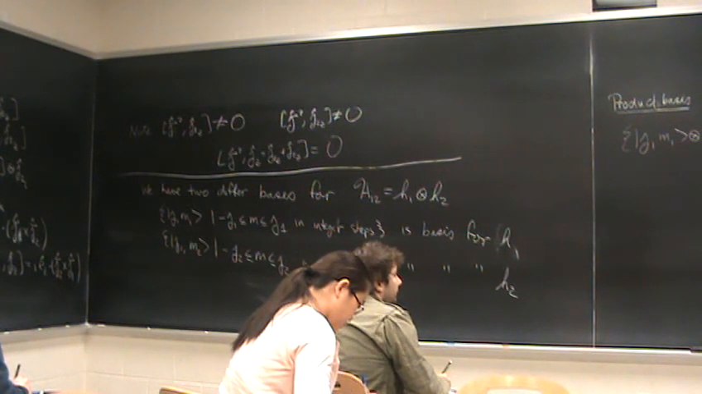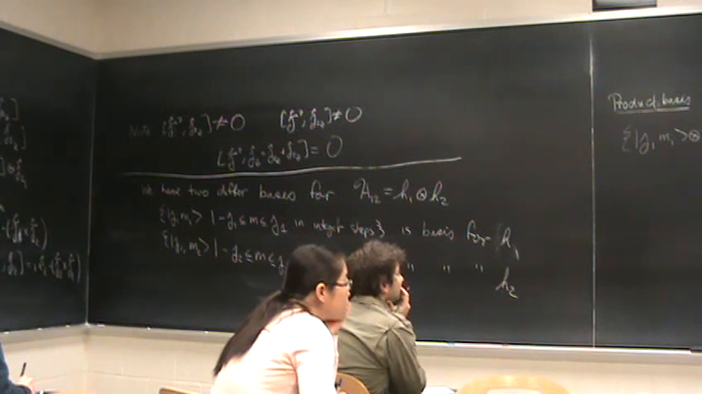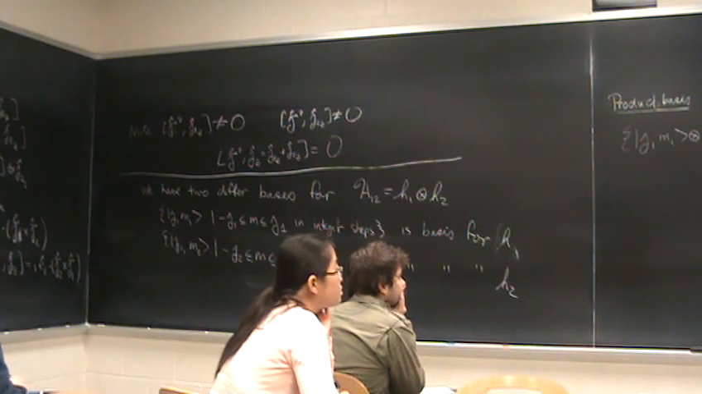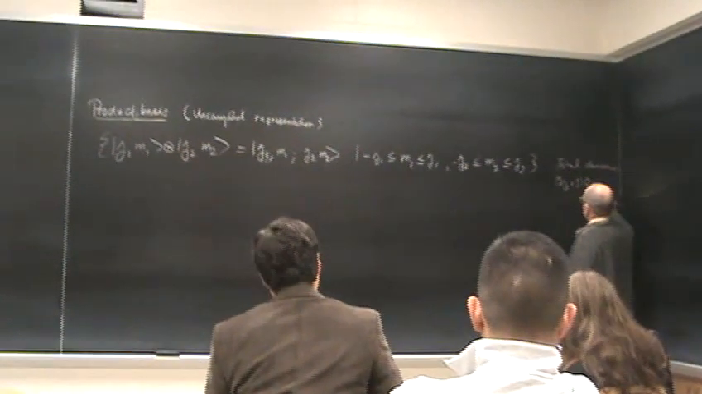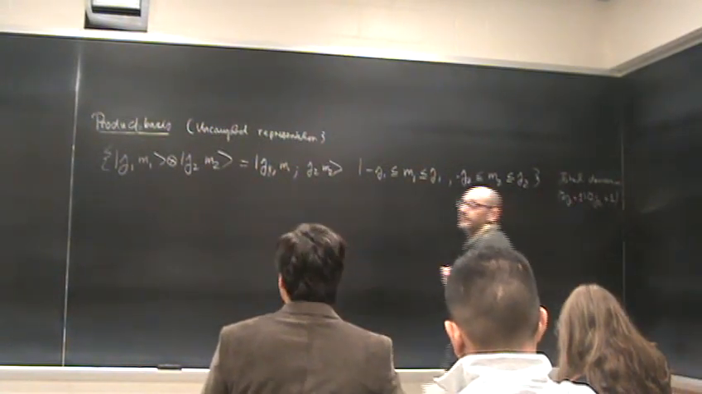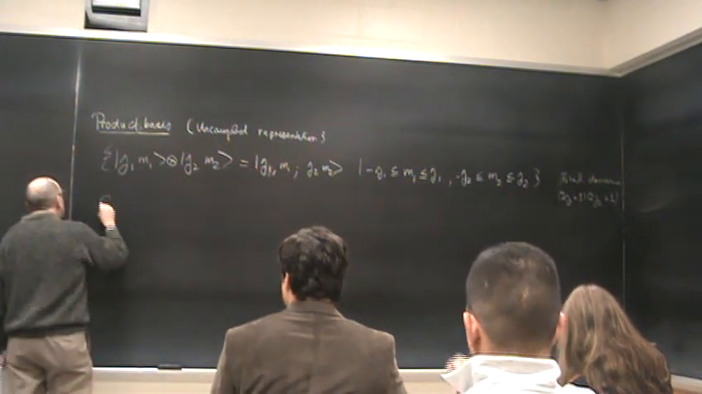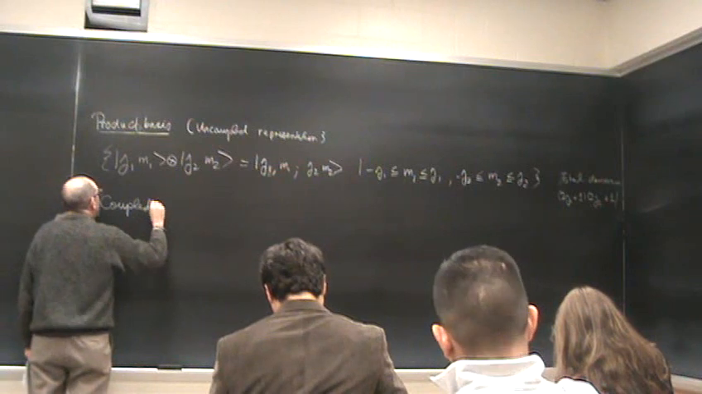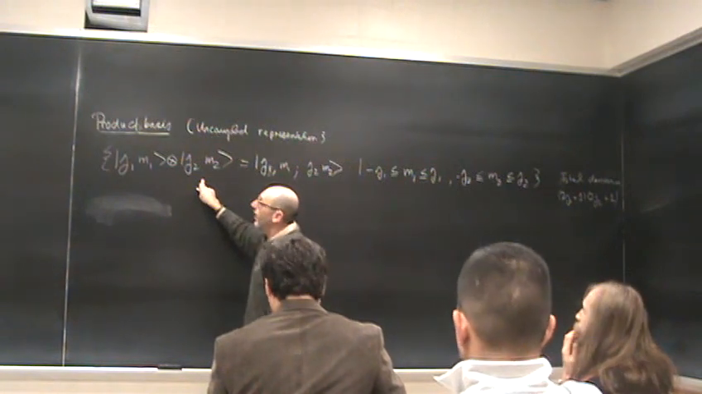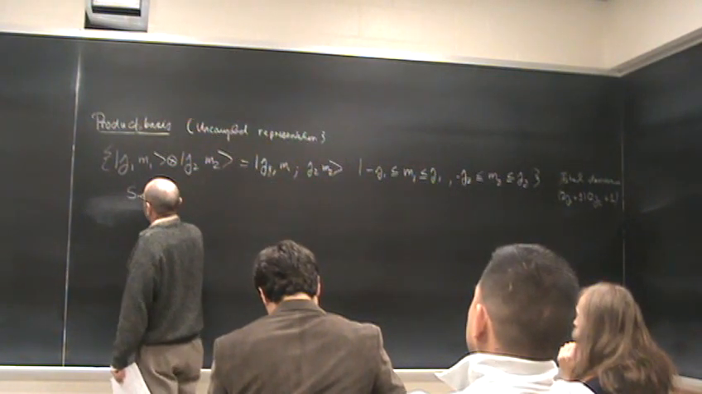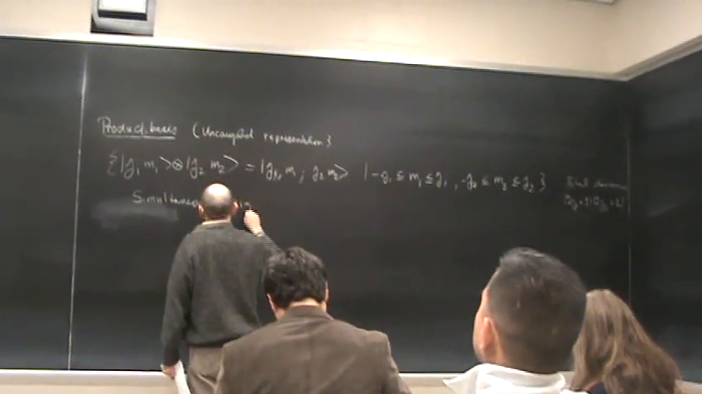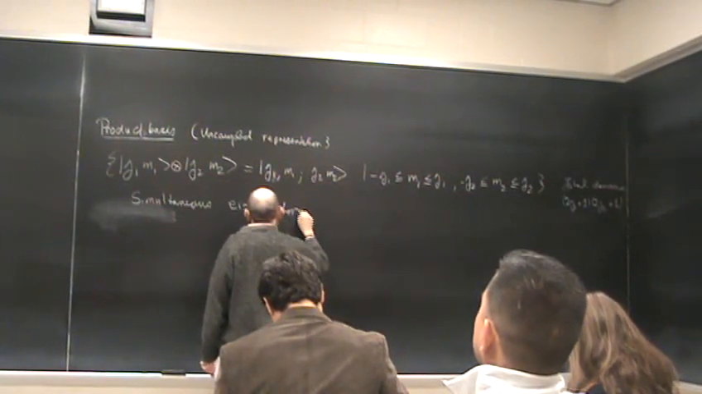And this, as we said, the total dimension is the product of the dimensions of the two subsystems. But we have another basis. We have the coupled representation. Well, before I say that, let me just say this basis is defined as the simultaneous eigenvectors of